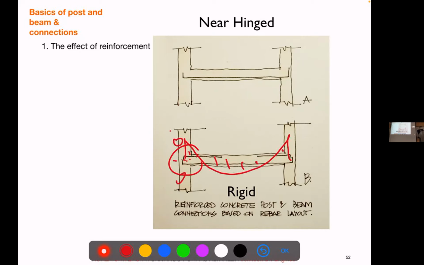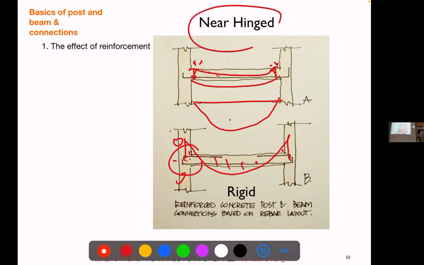In this case, when the beam starts to rotate, it will crack here, no matter how solid. So it will be mostly supported by the steel, and it will act like a real hinge, right? So here, the moment will be almost perfectly like a hinge, or near hinged, because when the load is small you will still have some negative moment, since the concrete can stretch a little bit. But the moment you increase the load, this will break, right? And then it will just go down as you increase the load.